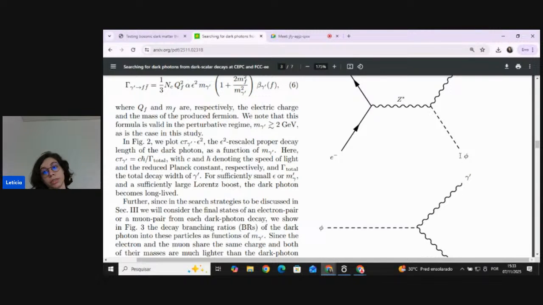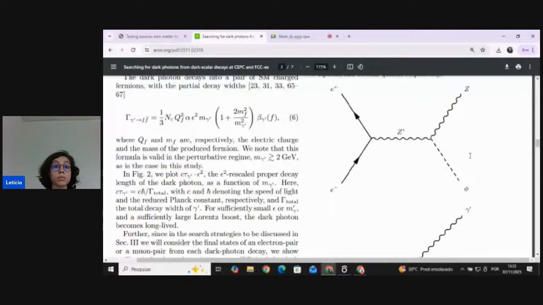And it introduces as well a mixing between this scalar field and the Higgs field. So due to this mixing, we have an interaction with the scalar field and the Z boson. So considering this mixing is strong enough but not so strong, this process is viable,